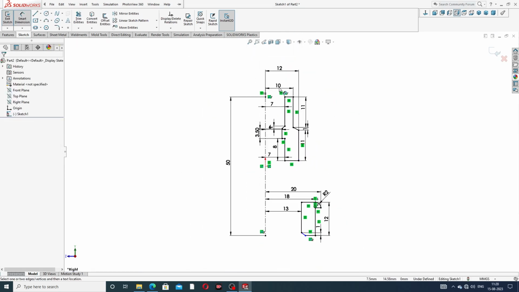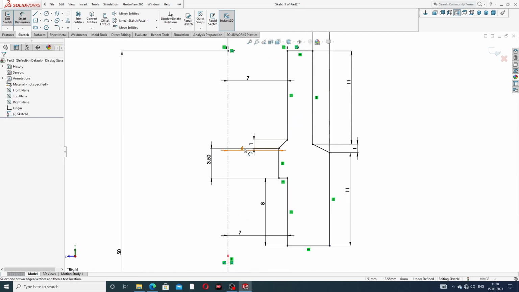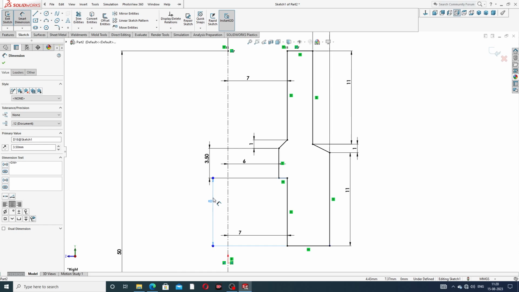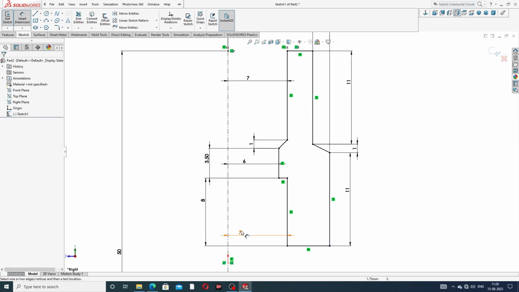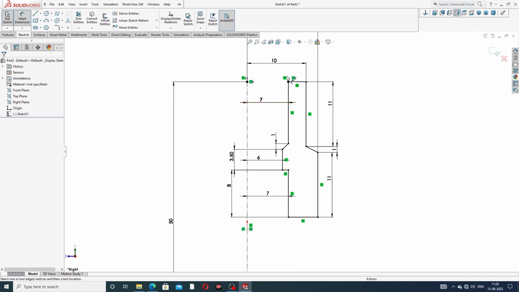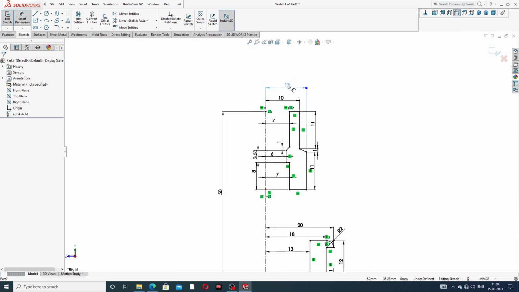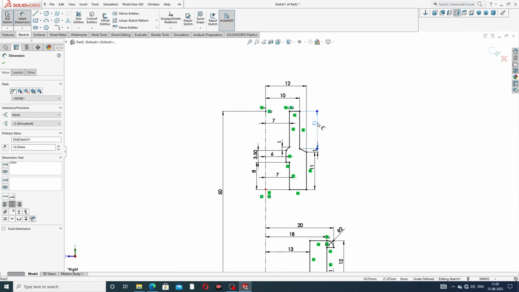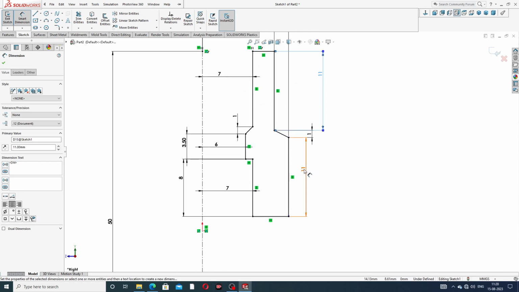Okay, all is perfect, and this is 7 millimeter and 1 millimeter. Okay, all is perfect and correct, and this also. Okay,